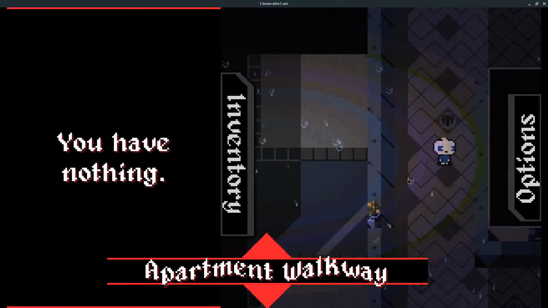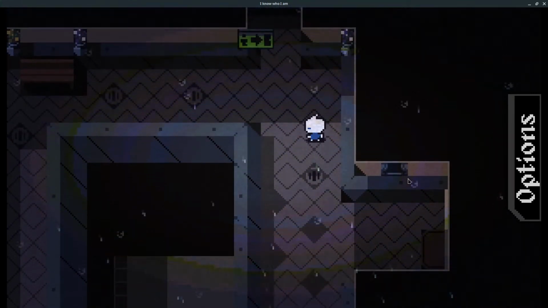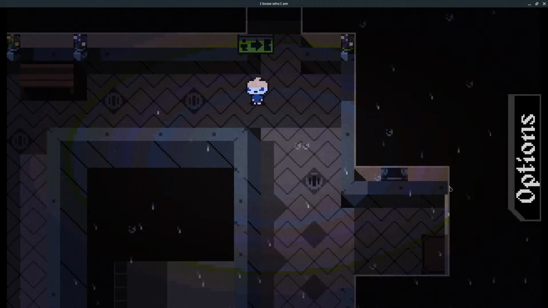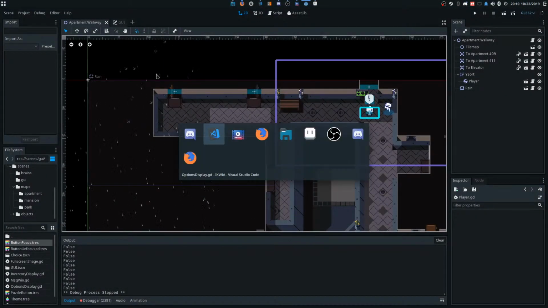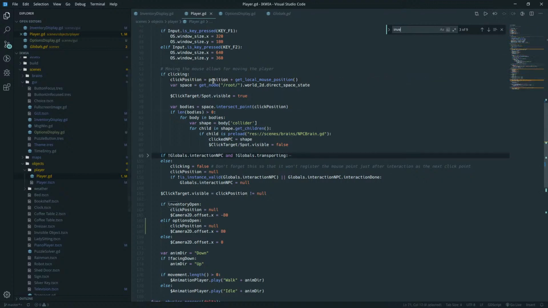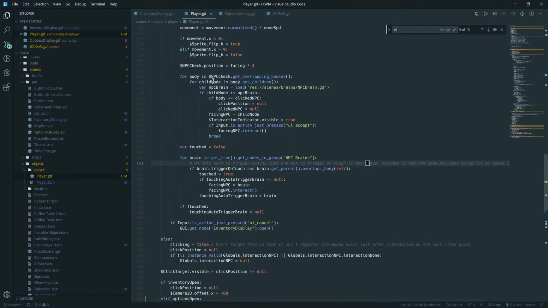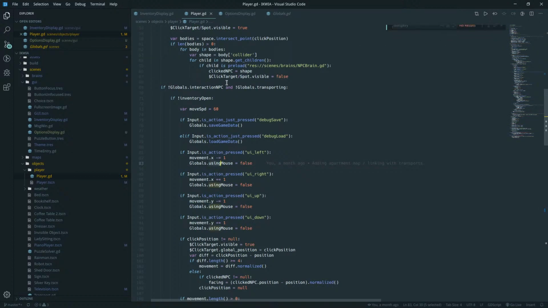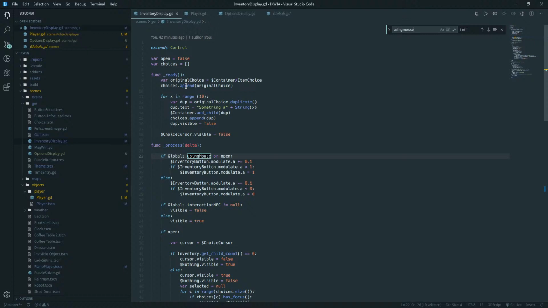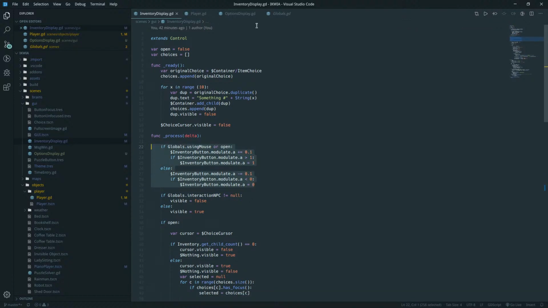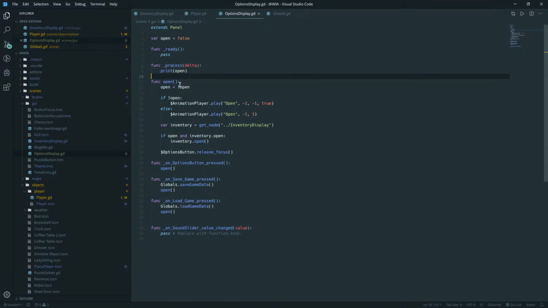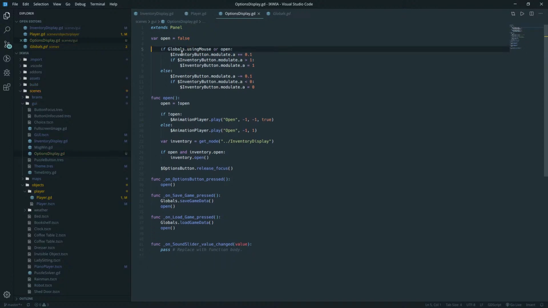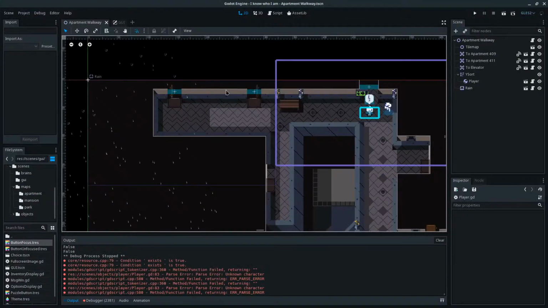Yeah, that's not bad though. See, using mouse. This should work as well, though.